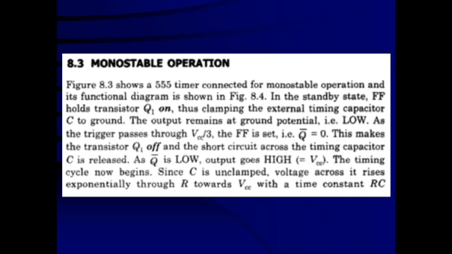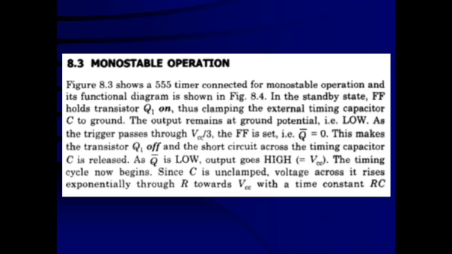And astable operation means no state is stable. It will go back and forth between low and high. It may be in the low state for a certain period of time, let us say T1. Then it will automatically go to the high state. It will reside in the high state for a certain amount of time, which is called T2. Again, automatically it will come back to the previous state. Again, after the time interval T1, it will go to T2.